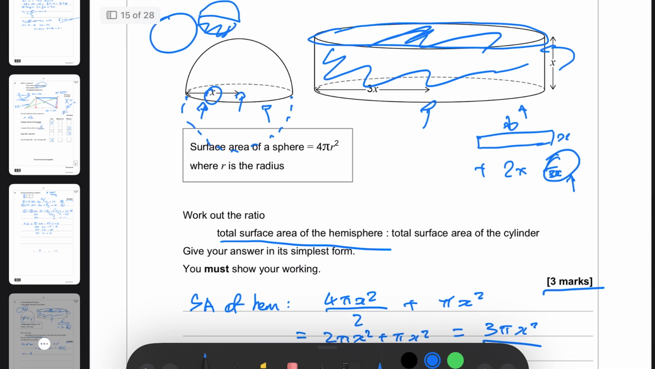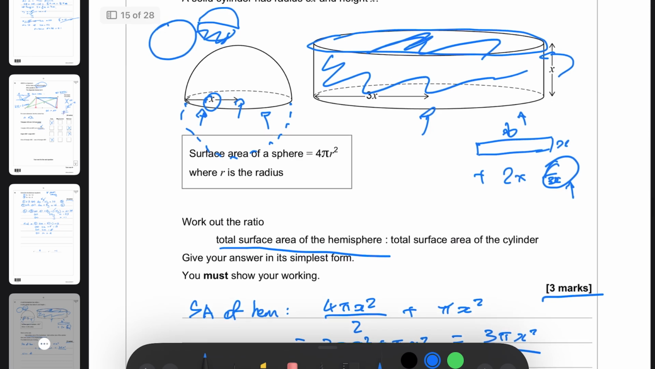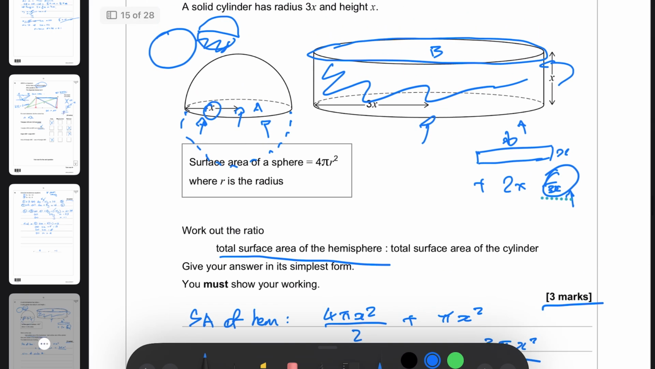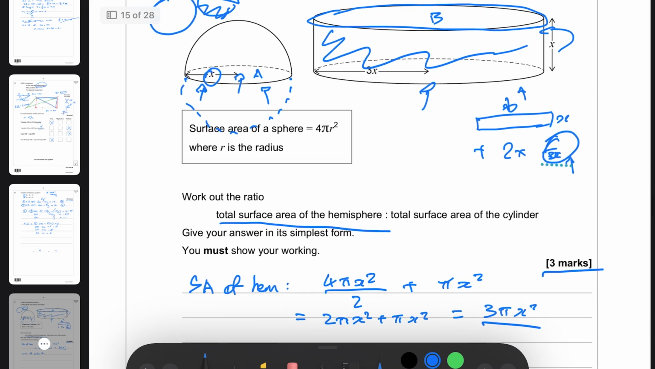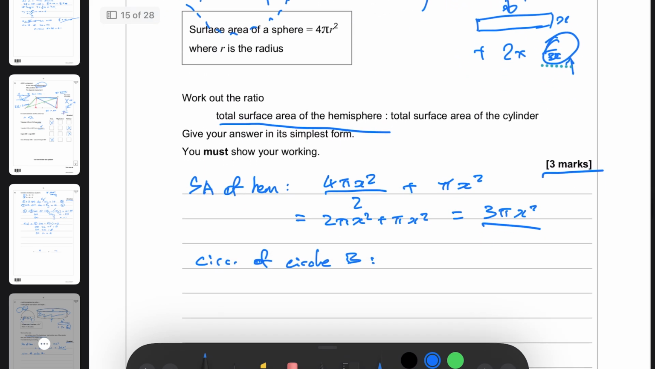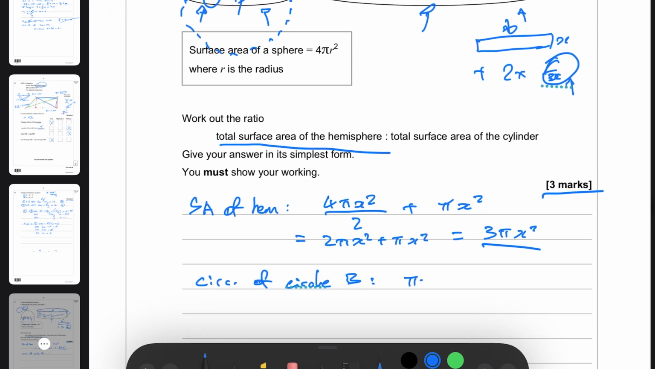Well, circumference of, let's rub this out and call it circle A. Well, actually, let's call it B since it's the same one. So this is going to be A. This is going to be B, of circle B, just so you guys can keep up, can understand me a bit better. So circumference of circle B is equal to pi times diameter,